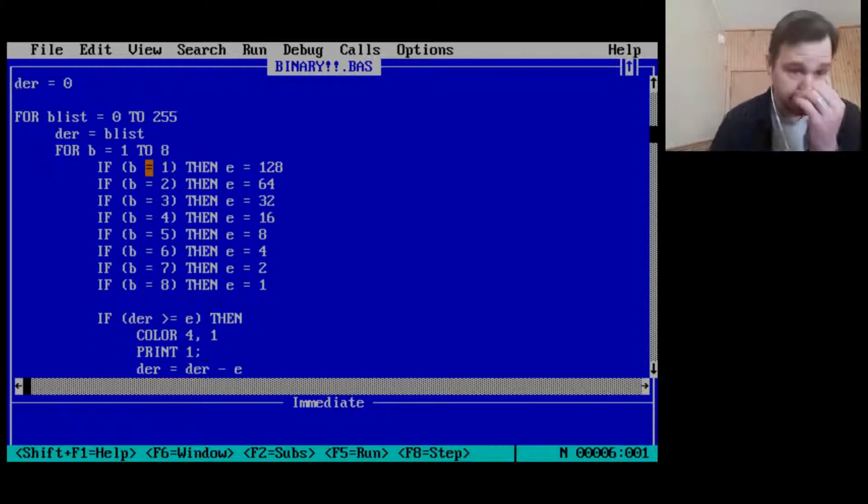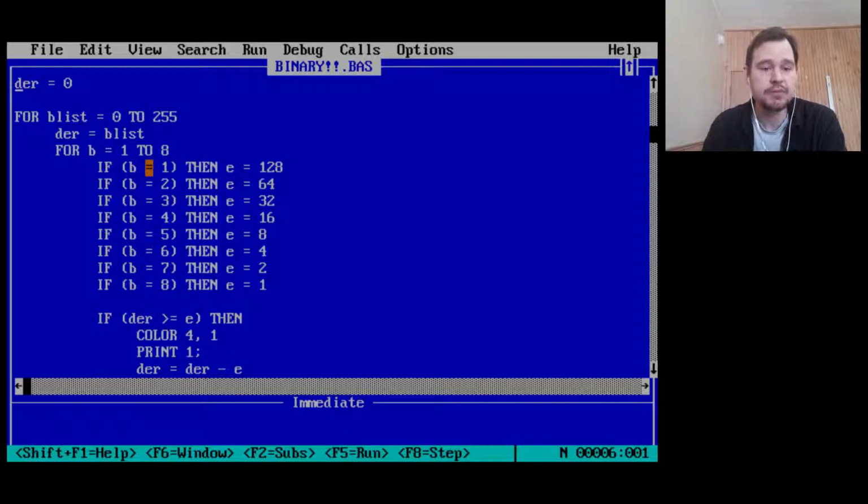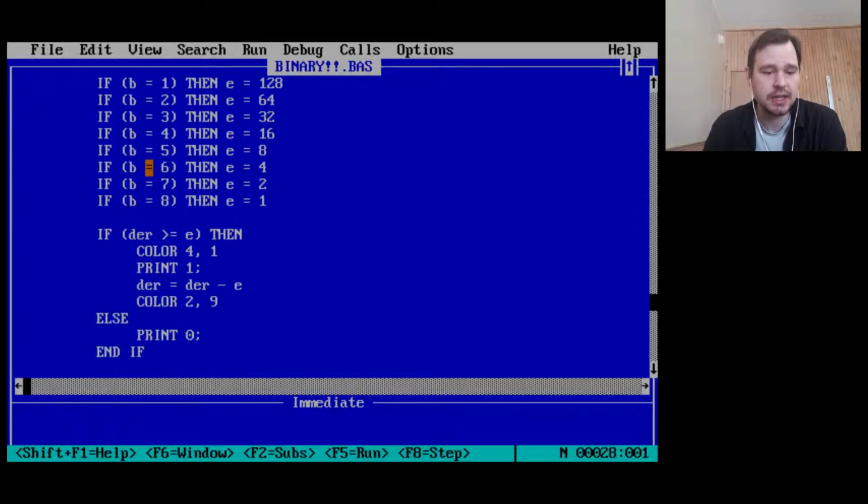This is interesting. So he's doing the same thing. He's going from 0 to 255 and calculating the binary, converting it into binary. If it's greater than or equal to E, then color. Oh, this is interesting. This is the first instance here in Adventures in Old Code that I've seen the color